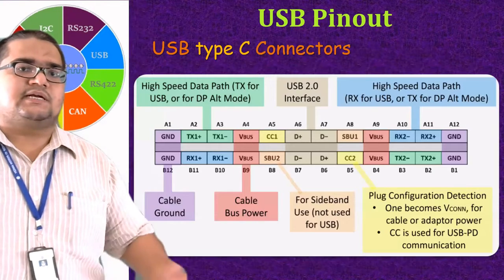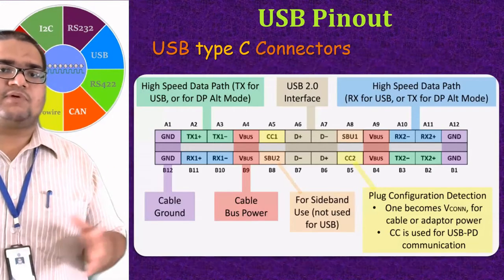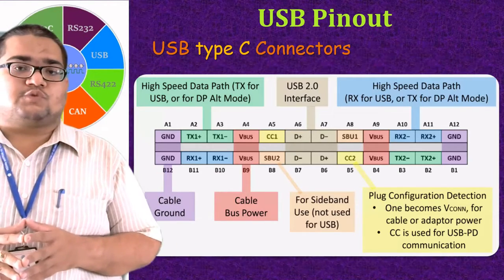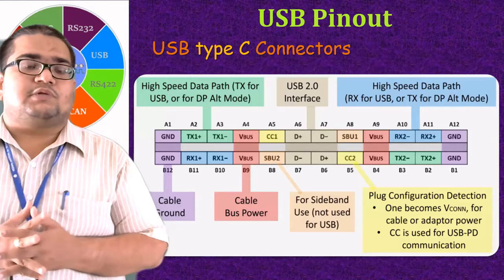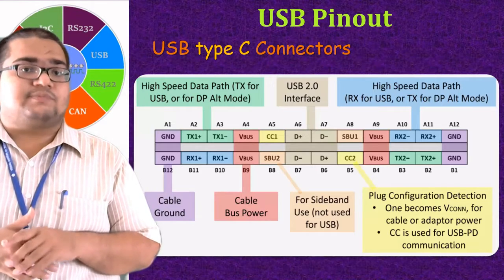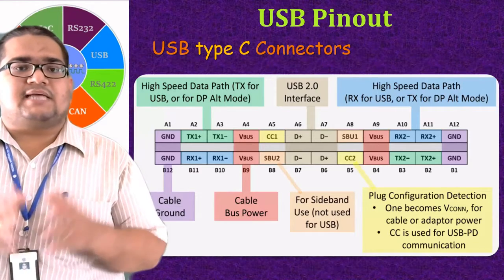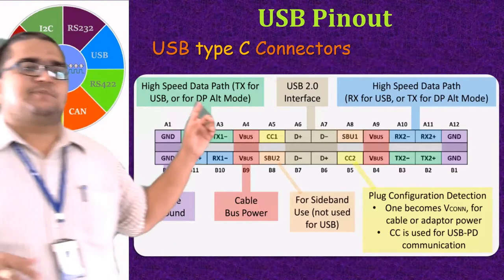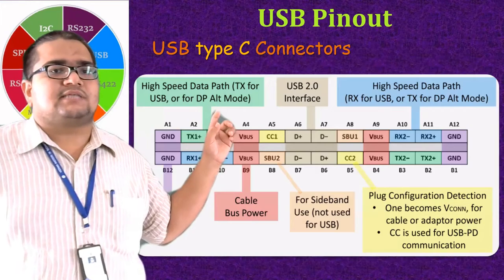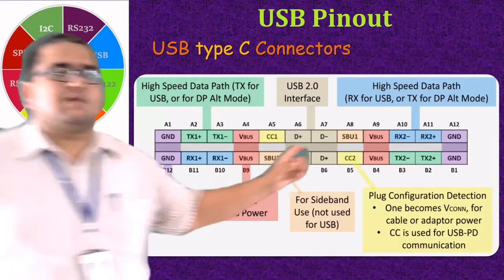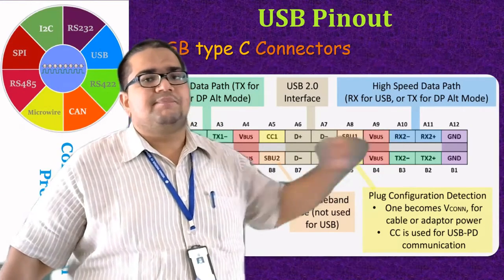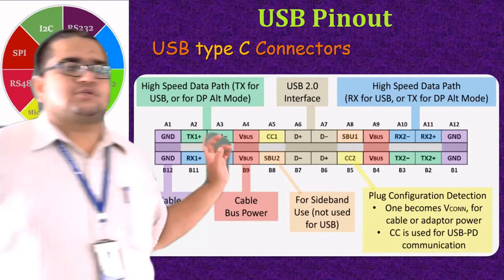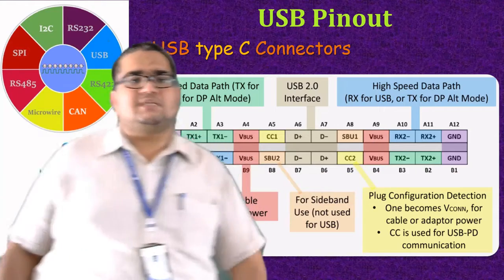Let me show you the Type C type of connector. In the Type C connector, you can see that there are many lines or wires. On one side you can find there are 12, so 24 lines are there in Type C USB connectors. Basically, as I said, it has two pairs of TX and RX. So you can see here the high speed data transfer part, TX and RX. And similarly, one more set is available here. They are called the secondary high speed data transfer TX and RX. Mainly because of these two pairs, the speed is doubled.